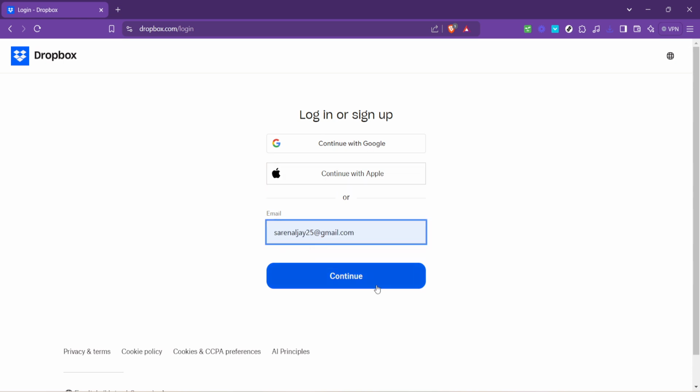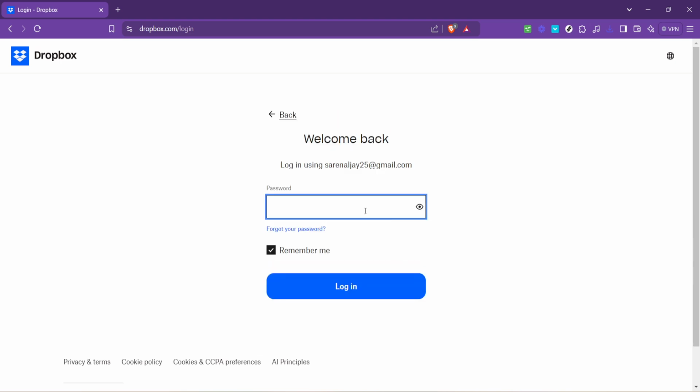Now, you'll be prompted to type in your email. This is the email address you use to register your Dropbox account. Type it carefully, it's the digital equivalent of a key to your online filing cabinet. After you enter your email, you'll find the continue button waiting patiently for you to click. This part feels a bit like knocking on a door, signaling your intent to enter and access your important documents